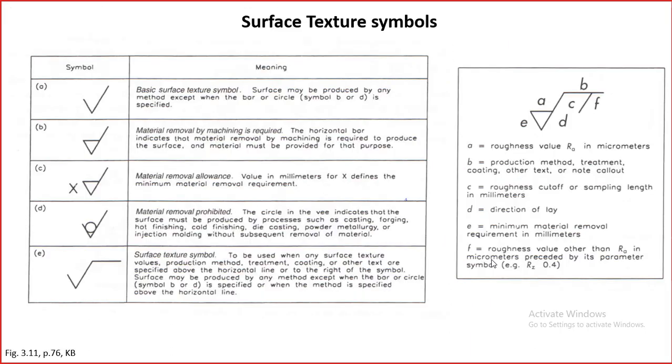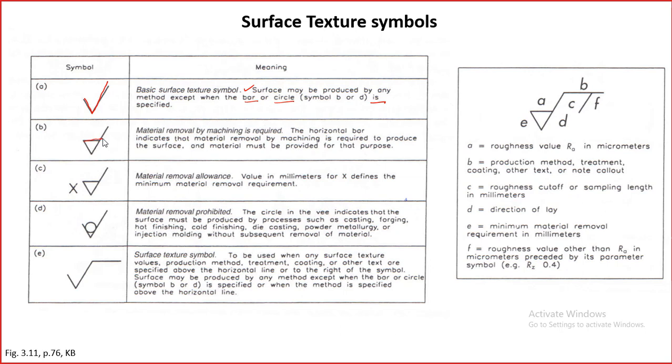the number. So in engineering drawings, you will see surface texture symbols. I thought of including this so that we understand how surface textures are defined in our engineering drawings. Generally this check symbol is used for texture. Okay, and this is the basic surface texture symbol. The surface may be produced by any method except when the bar or circle is used. So this means any method is fine, but